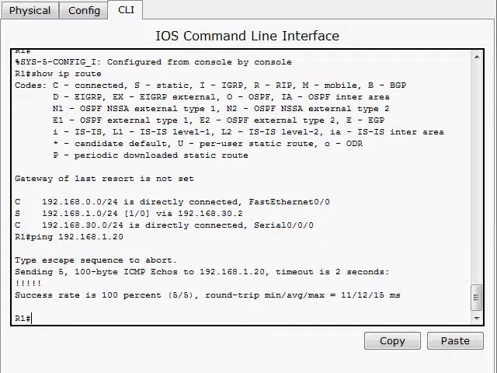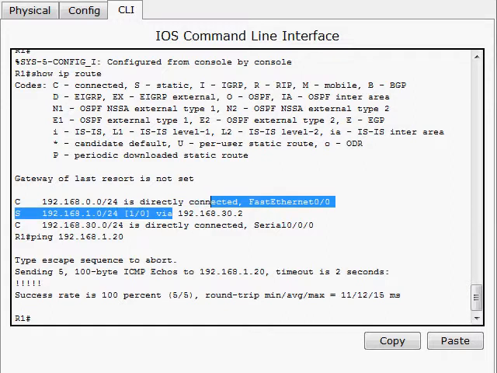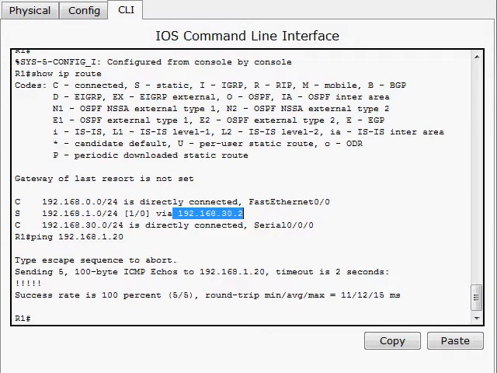All right. Now the problem with this setup is that when it sees that the next hop is 192.168.30.2, it has to do a second lookup, or what's called a recursive lookup, to find the network that this is attached to, and that it's on serial 0/0/0. So it needs to look up the actual interface that it's going out of. So maybe a better solution for this is to actually have this say serial 0/0/0 instead of